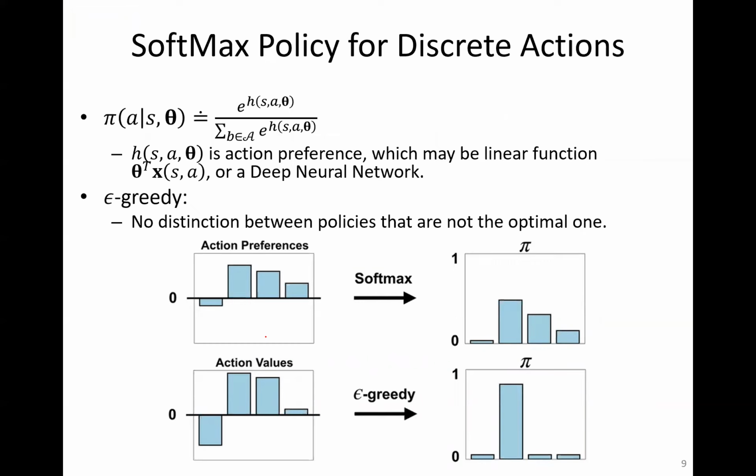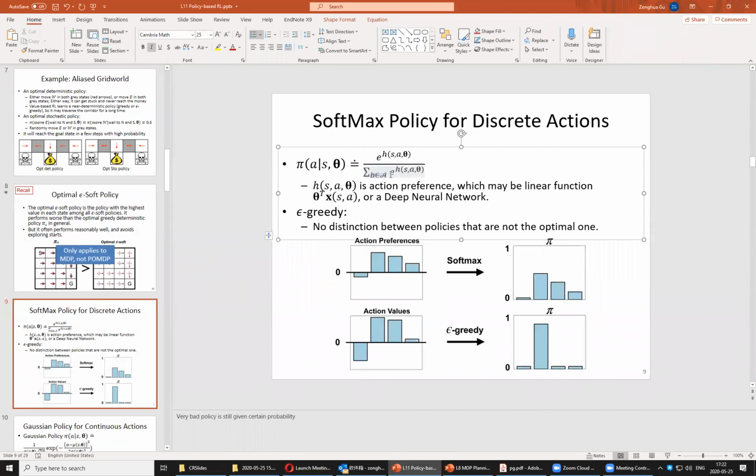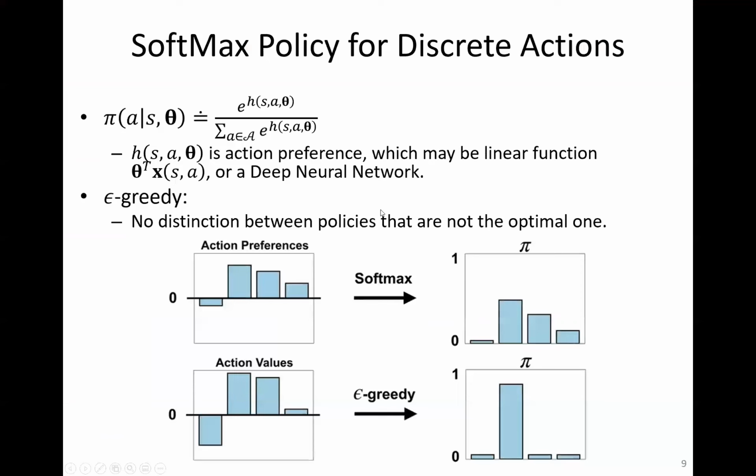One possible parameterization of the policy is the softmax, which is this formula, where H is the action preference, which may be a linear function or a deep neural network. This sum obviously sums to 1, sorry, this is the sum over a, for all possible actions. As compared to epsilon greedy,